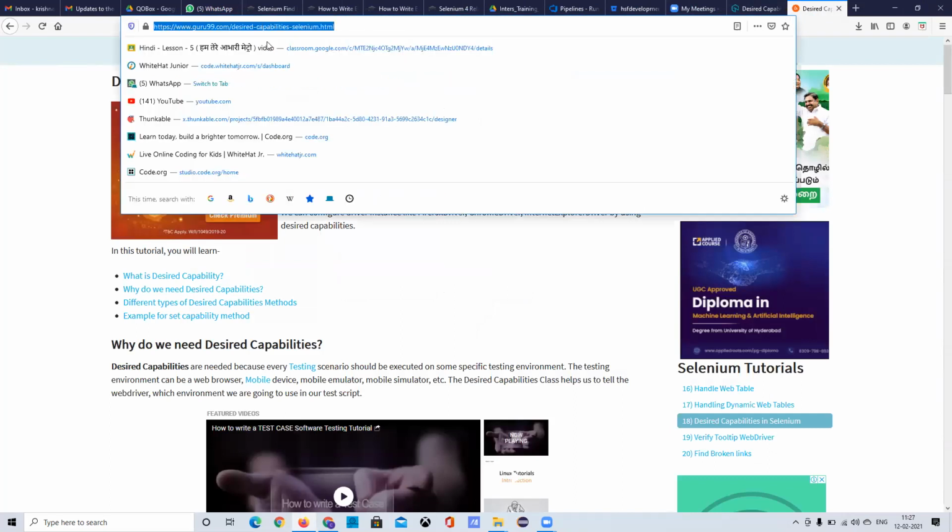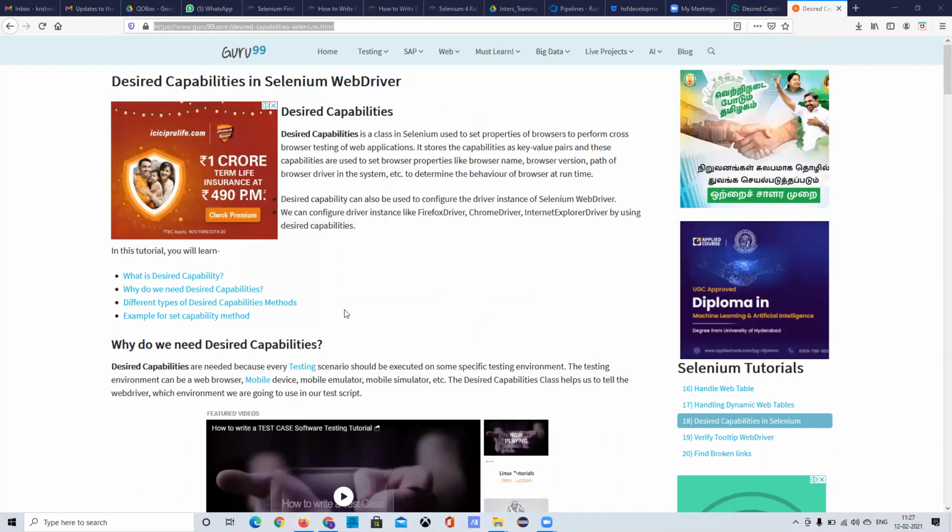At least you should go into the desired capabilities of Selenium and understand them. First, they will ask you what do you mean by desired capabilities, how we will use the desired capabilities, and when we will be using the desired capabilities. You need to answer these 3 questions. And if you understand these 3 questions, understanding the options and profiles would be much easier.